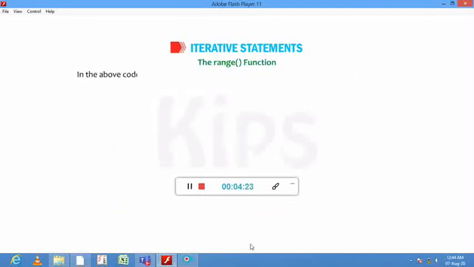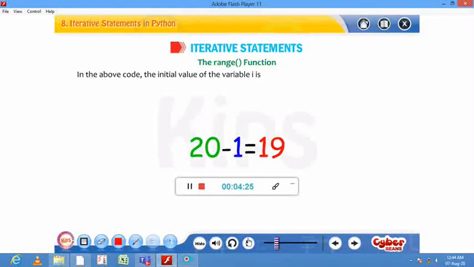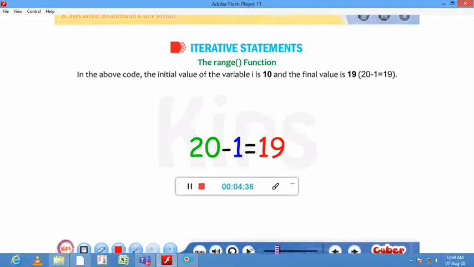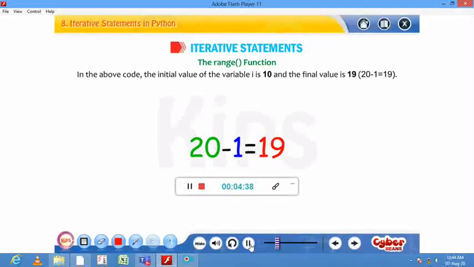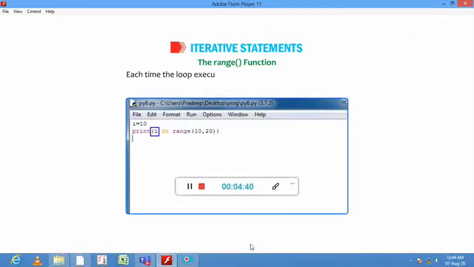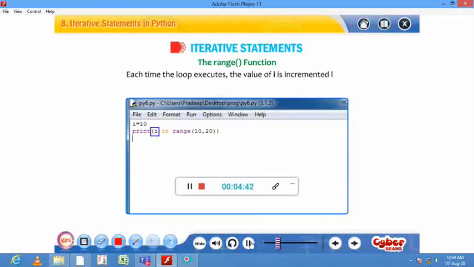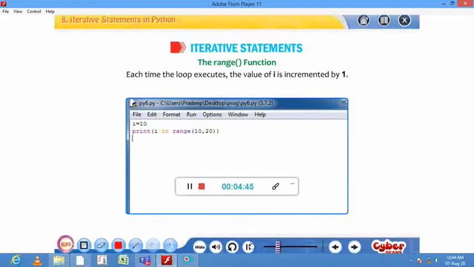In the above code, the initial value of the variable is 10 and the final value is 19. So 20 minus 1 becomes 19. Each time the loop executes, the value of I is incremented by 1.